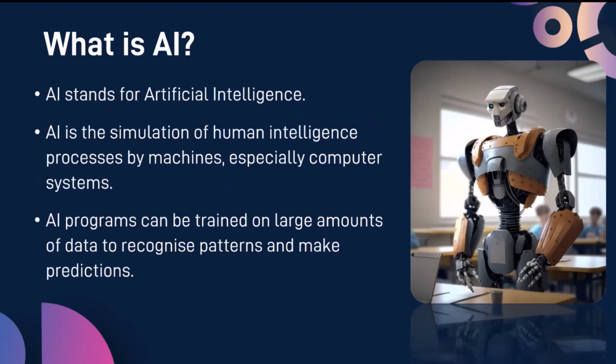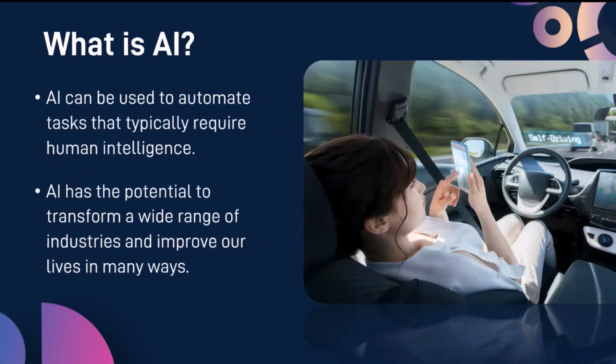So if you are familiar with any program like YouTube, it's an example of a program. Facebook is an example of another program. We call them apps. These are examples of programs. Now, artificial intelligence is basically a program, but it behaves in a different way than a traditional program, because the way it is built, it's not like a traditional program where everything is programmed beforehand, but the model is trained on a set of data and it can, for example, recognize patterns and make predictions based on that data.